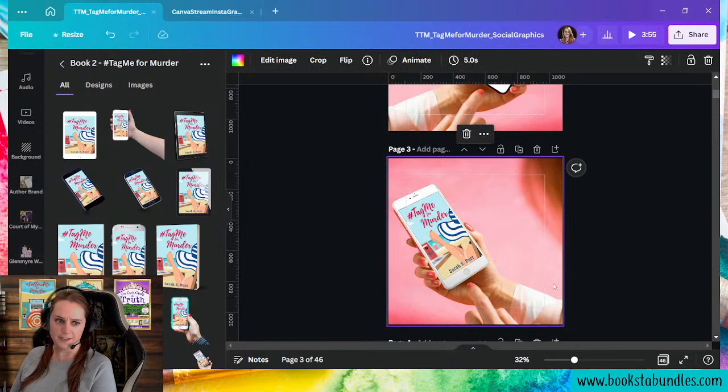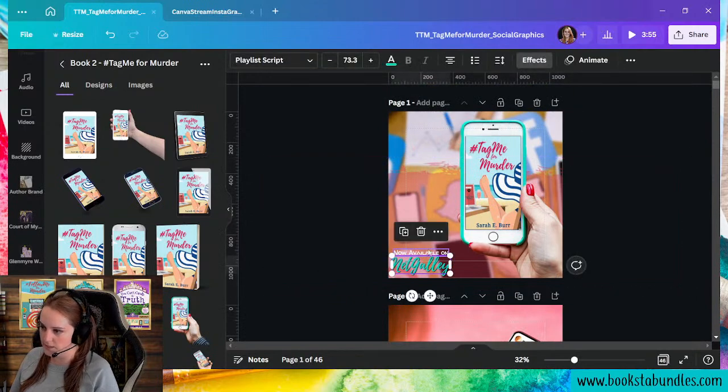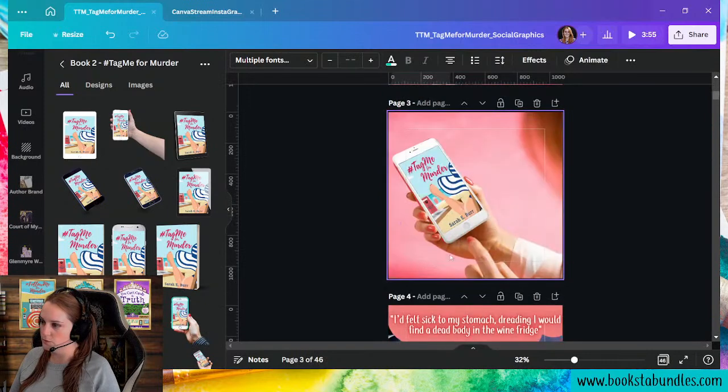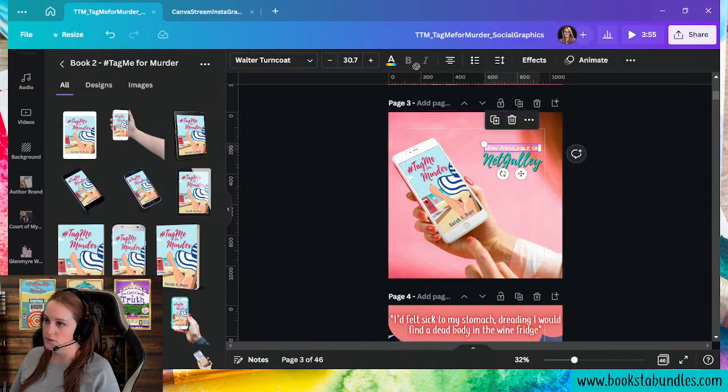You know, that looks pretty good, actually. I like it. And again, this would be one where I would highlight my handy dandy "now available on NetGalley" comment. Where'd I go? I scrolled too far. And probably just prop it like here with